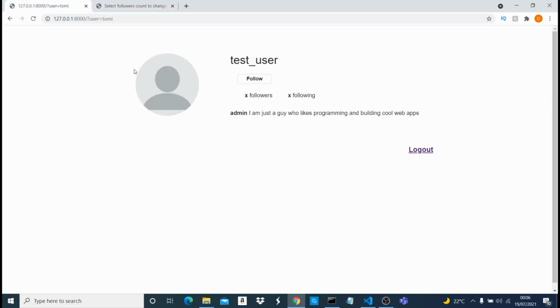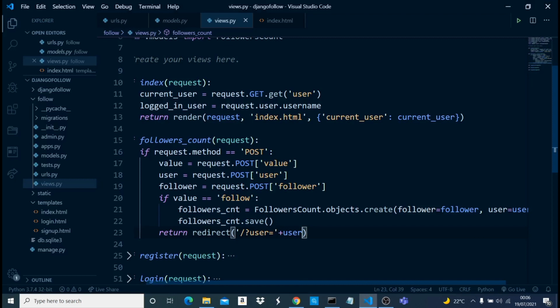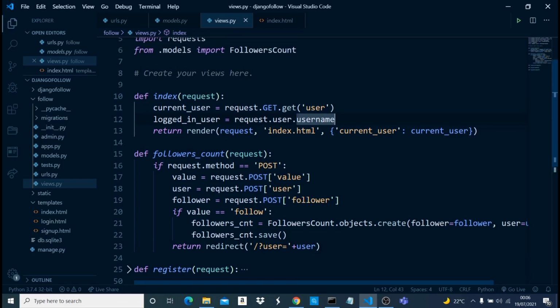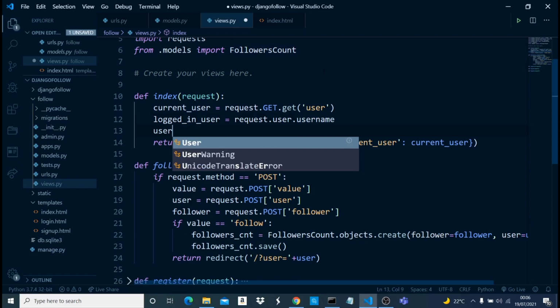Good. So now that we have this, what we want to do is show the follower count. Now that we can follow a user, let's show how many followers the particular user has. For us to do this, we're going to have to come into our index view right here. Since we already have the current user and the login user, and we have already imported the models, this should be easy. So we can just do something like user followers